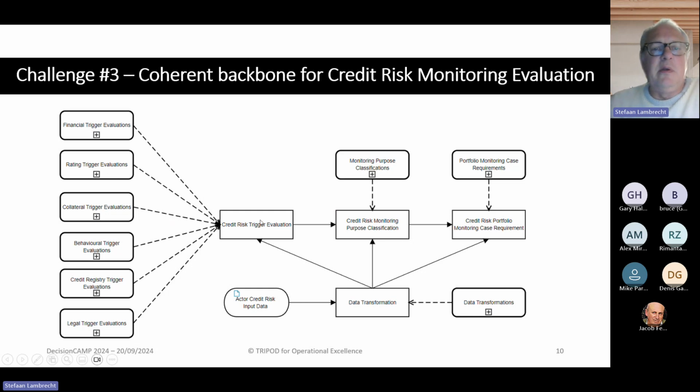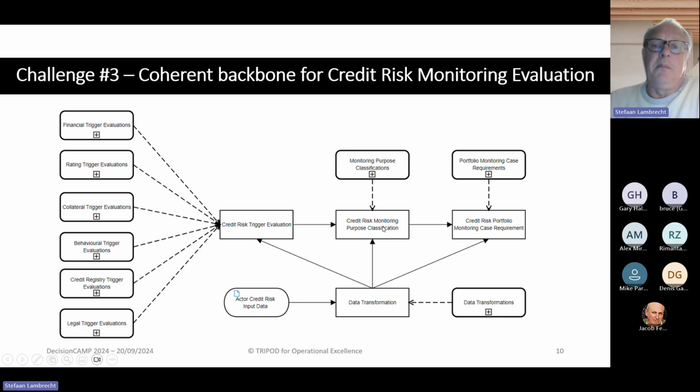So here we get a list of about 70 trigger evaluations for the customer with all kinds of explanations in it, etc. Then that is passed into a second step of the logic, which is the classification of